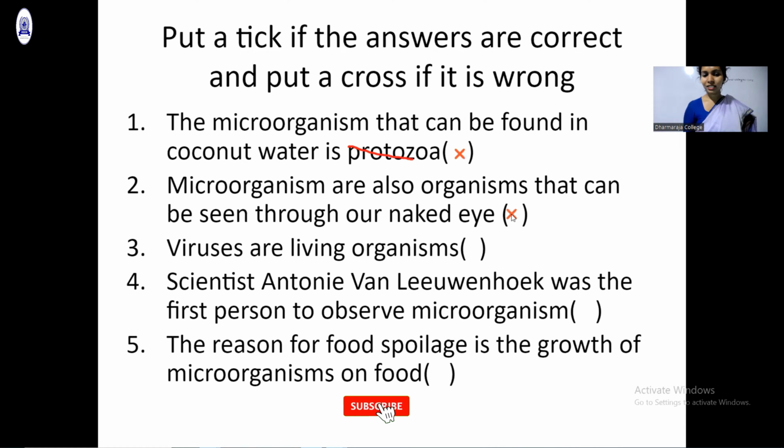So we cannot see them through our naked eye. Viruses are living organisms. That question should be questioned actually. Viruses are considered as living organisms. But the thing is, they also share the features of non-living things as well. Because when it comes to viruses, they do not show the most common living features like